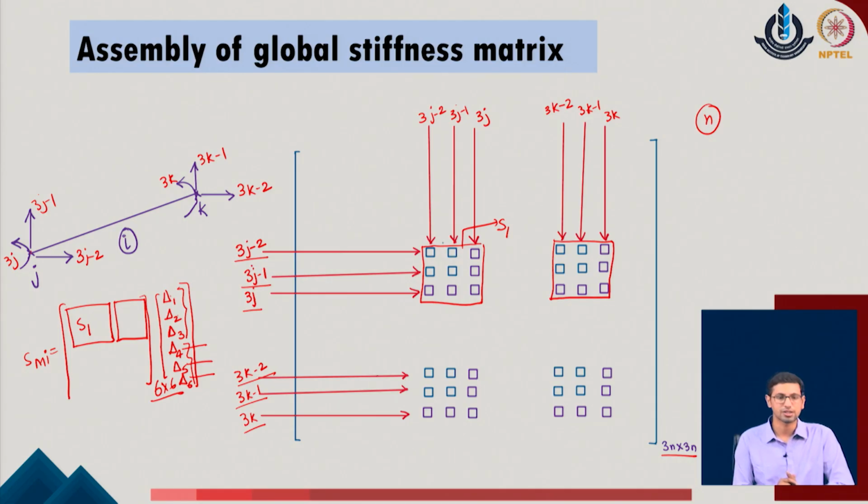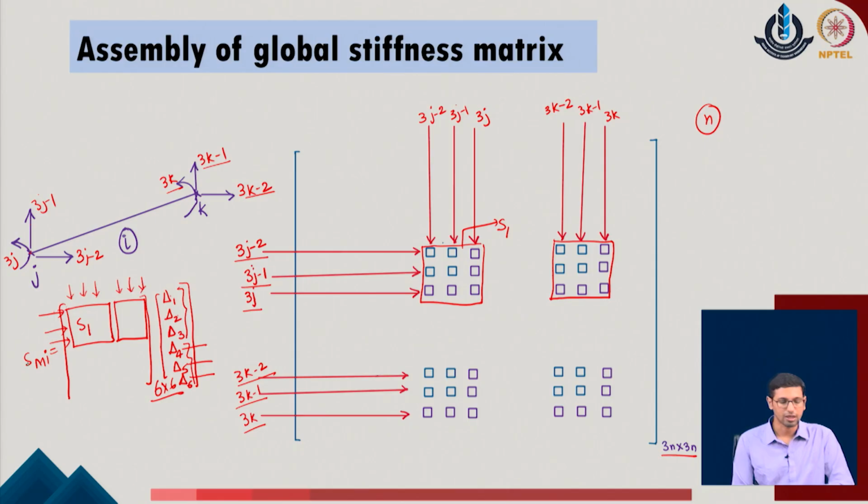In a typical stiffness matrix, we understand that the rows are the contributions with respect to the equilibrium equations of the given system. So, the first 3 rows are the equilibrium equations with respect to the joint J and its 3 degrees of freedom, whereas the individual columns are the contributions of the degrees of freedom with respect to all the degrees of freedom in the system. So, the first 3 rows are the contribution with respect to the same 3 degrees of freedom of the system, whereas the next 3 columns are the contributions in the equilibrium equation corresponding to the joint J with respect to the degrees of freedom of the joint K of the system.